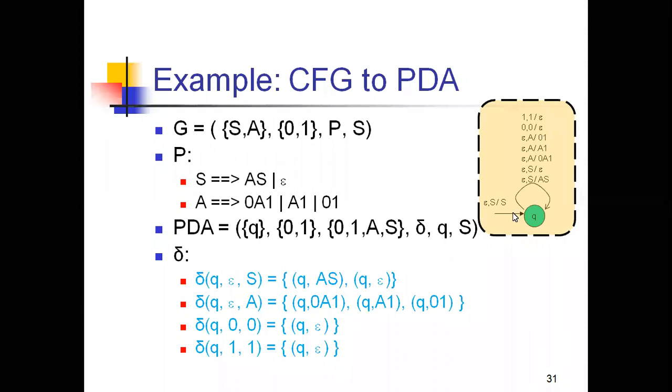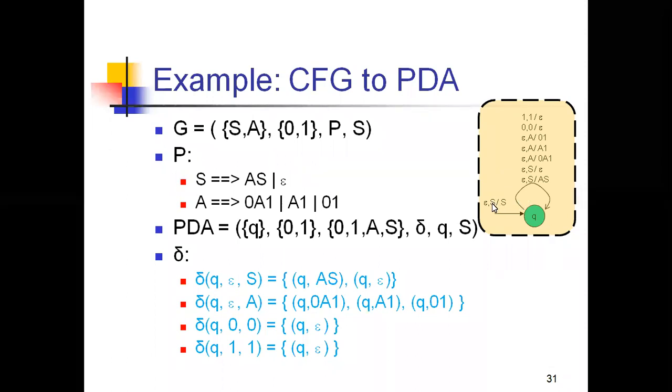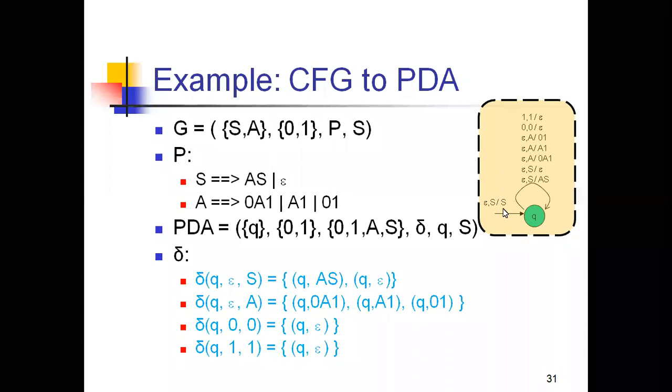Initially, we need to start with an epsilon, and epsilon with the starting symbol s, and finally it gives an s. Because here we're not defining the z naught as a stack alphabet. Only we're taking the s as a starting symbol for both the context-free grammar as well as the PDA. That's why in the place of z naught we use s like this, and the output that we are getting from this is s. Right?